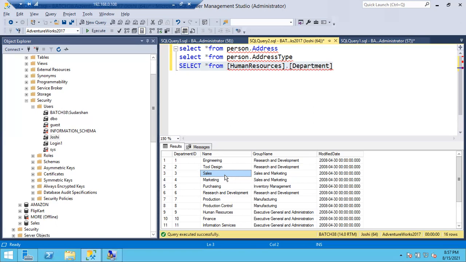Joshi, is it clear? You cannot choose the SID, right? So it will be created based on the login SID. With that login SID, a user is already created. Then how can you create one more user in the same database with the same SID? SIDs are unique. Clear, Joshi? Yes, sir, clear. Okay, fine. So any questions, guys?